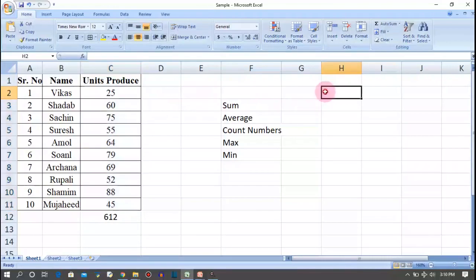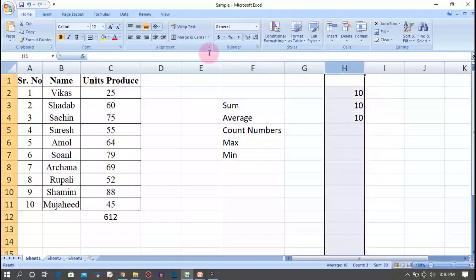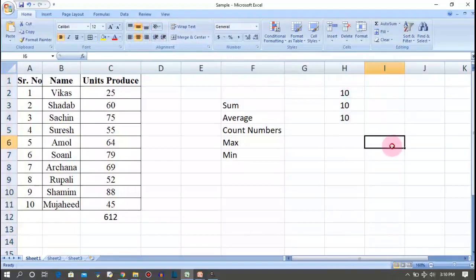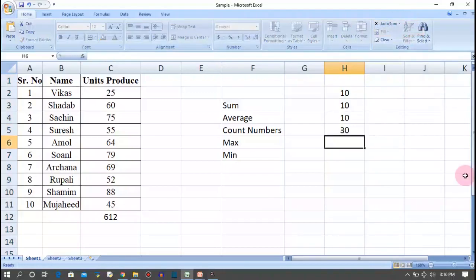So just take another example. Over here we are going to type some values: 10, again 10, 10. Three times I am typing 10, so it is clearly visible to all. Now I am just going to click on this sum button and see what happens.